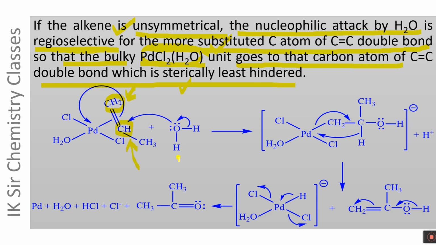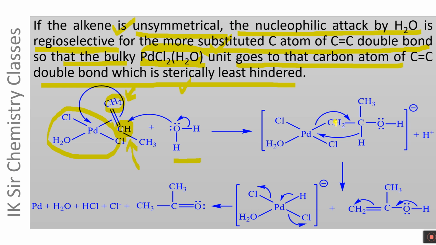The H2O molecule will attack that carbon atom of the carbon-carbon double bond which is sterically more hindered. H2O attacks the CH group of the carbon-carbon double bond which is sterically more hindered, so that this bulky group PdCl2H2O